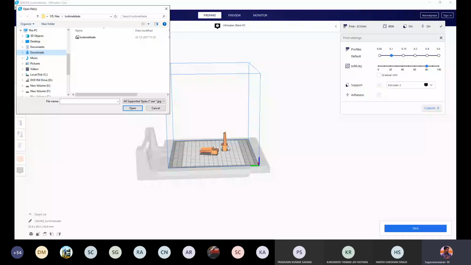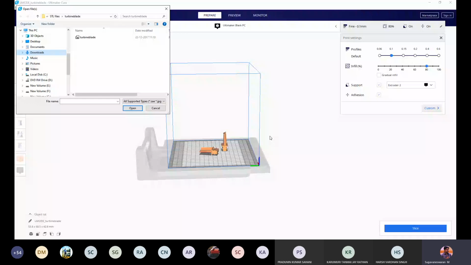If the size of the component is greater than the size of the machine, obviously you cannot print, right? Physically you cannot do it. Similarly, when you drag the STL file to multiple positions, it may go out of the machine also. Some portion might be inside, some portion might be outside. Sometimes you can drag up and down because virtually you can do anything. So it may hit the table or it may go below the table also.